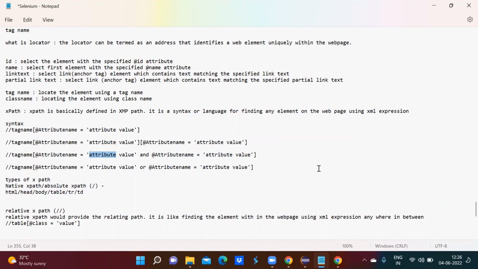Please note down these syntaxes, guys. So we will proceed further. Okay. So these are the simple types of xpaths which you can practice as of now, right? So you can pick any web page, and then you can identify your